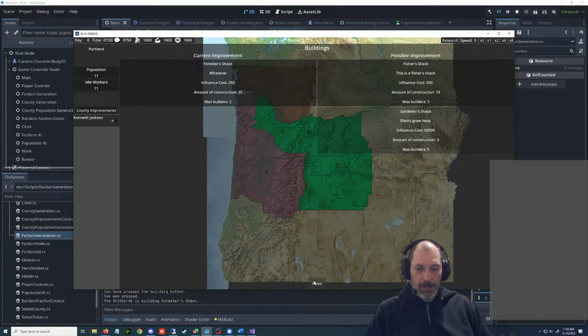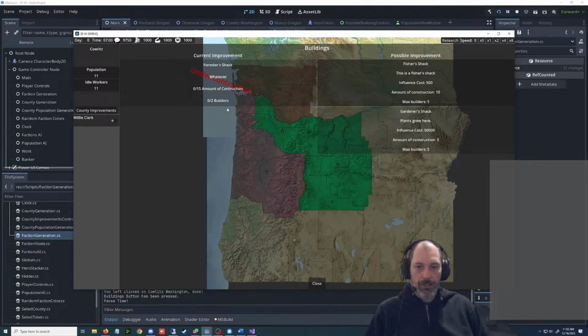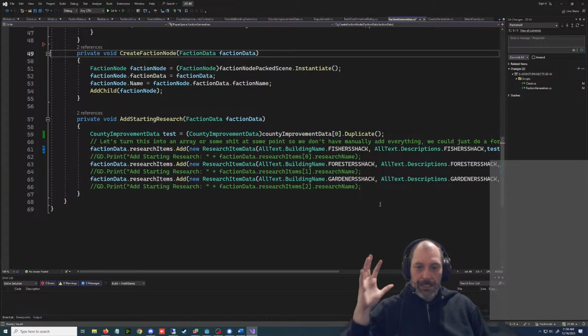I did a little tiny bit of programming last night. So if we change one of these, all of them converted over. And I was like, what the fuck? First I thought it was the people going through accidentally hitting every county, like if one faction said they wanted to build this, it was hitting every county. But last night I was doing something else. I was playing a video game and I went outside for smoking, and it just popped in my head: the resources are all the same.